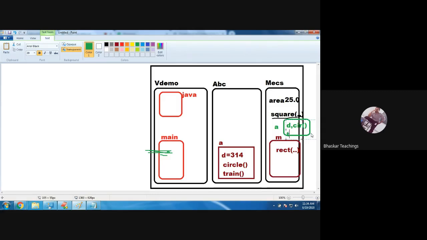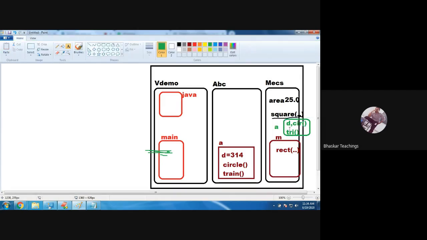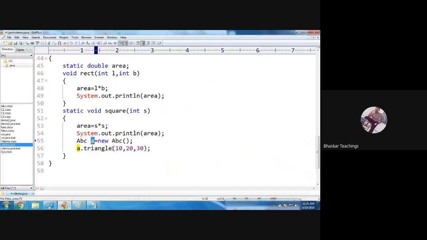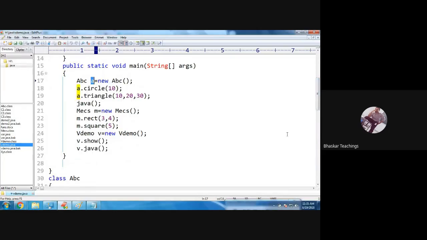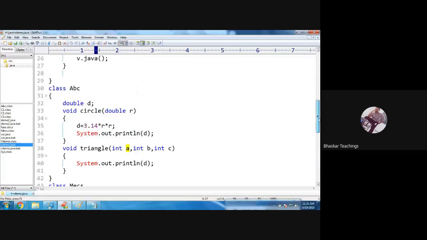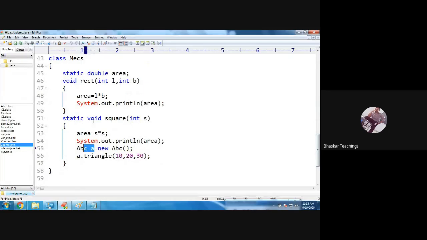Circle and triangle will be loaded same as here, because when an object is created for any class, the instance members will be loaded. That is what is happening here. Same thing, the name is a, fine. And what is the next line? a dot triangle. Where are we? We are in the square method, right? So yes, a is valid because a is just now created. It's a local variable, so this a inside the main method is completely different from this a, because this is the local variable of the square method, so this a will be accessed here.